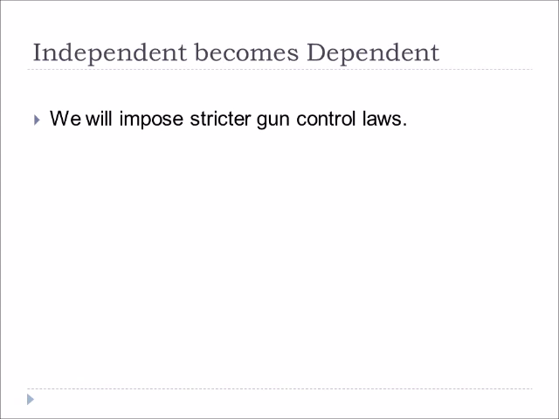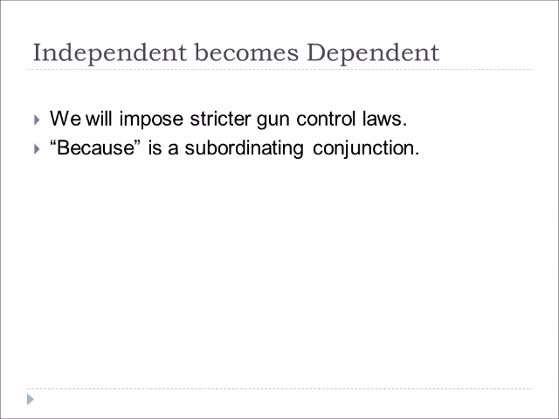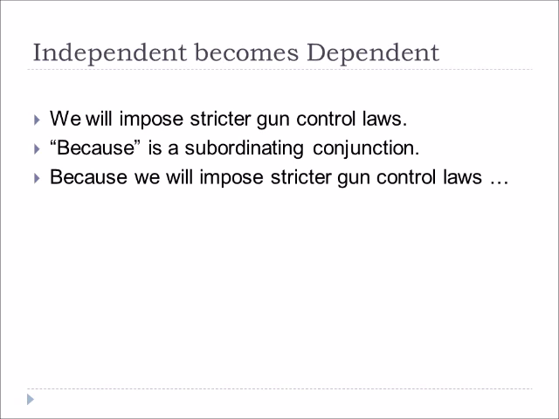Here we go. We will impose stricter gun control laws. It's an independent clause. We is the subject. Will impose is the predicate verb. We will impose stricter gun control laws. A dependent clause is typically begun or initiated with a subordinating conjunction. Let us use the word because. Because is a subordinating conjunction. So we put it in front of our sentence. Because we will impose stricter gun control laws,